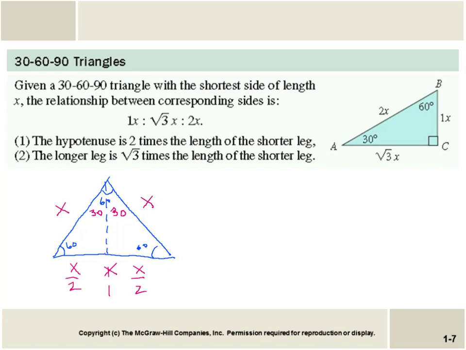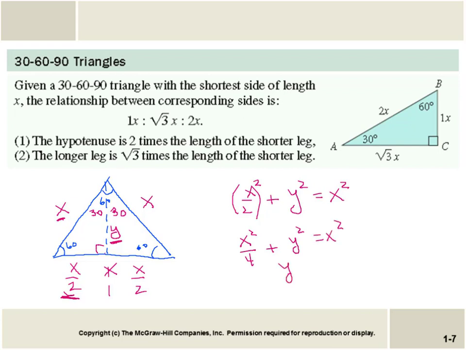Now, again, I could use my Pythagorean theorem. So let's call this height y. That means I have x over 2 squared plus y squared is equal to x squared, right? That's my Pythagorean theorem. I'm going to use this value and this value, because now I have a right triangle. So this becomes x squared over 4 plus y squared is equal to x squared. y squared is equal to x squared minus x squared over 4, which is equal to 3x squared over 4,